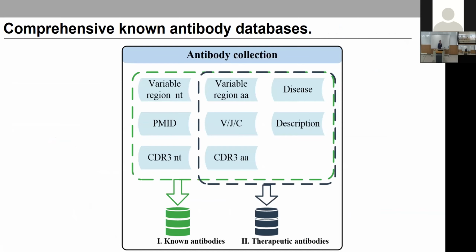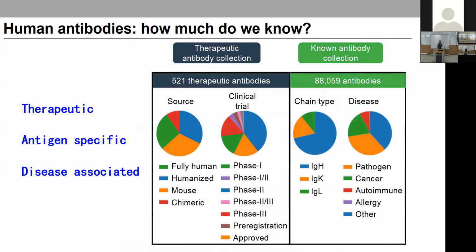Okay, then to help myself out, I want to know how many antibodies do we know? Then we want to collect all the known antibodies and therapeutic antibodies. So we went through all the database information, and we found that in WHO, there are 521 therapeutic antibodies recognized. And for the other antibodies, there are around 90,000 antibodies with known antigen or